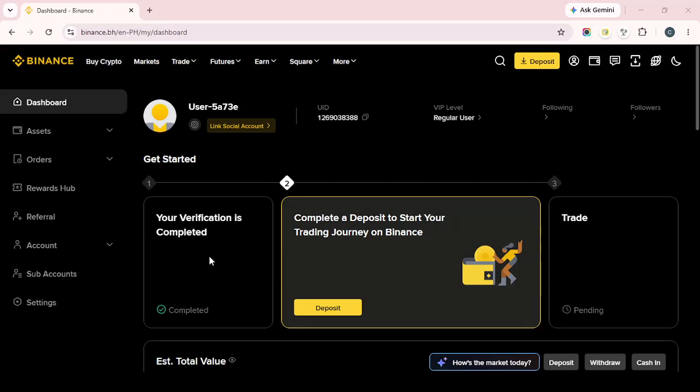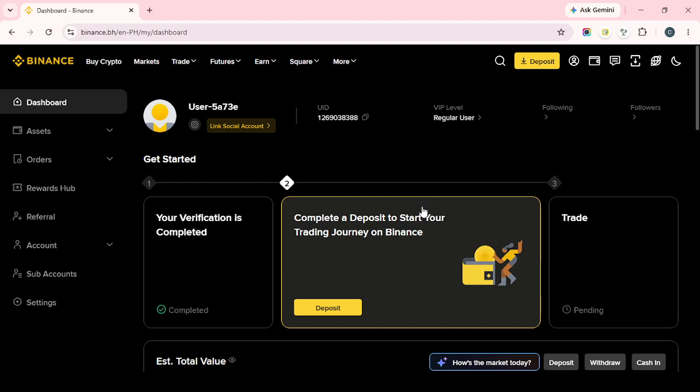In today's video, I'm going to teach you how to buy USDT on Binance P2P using Payoneer. To get started, log into your Binance account and head over to the P2P trading section. This is the area on Binance where users can buy and sell crypto directly with one another using different payment methods. Once you're there, take a moment to make sure you are on the buy side, since the goal here